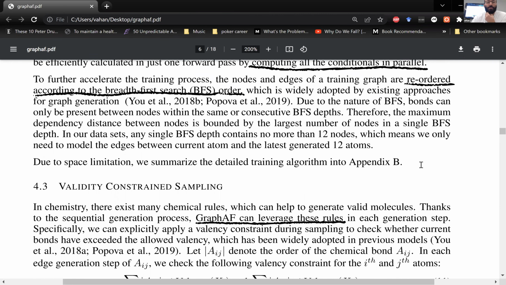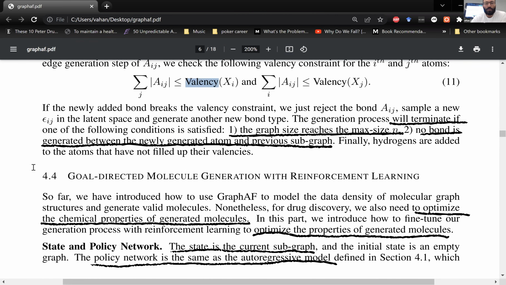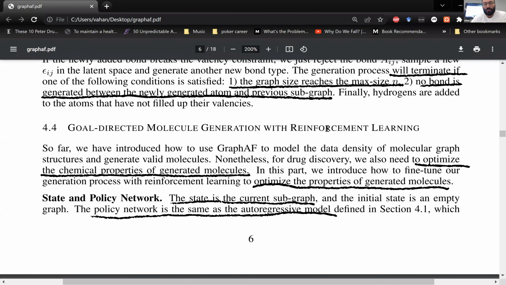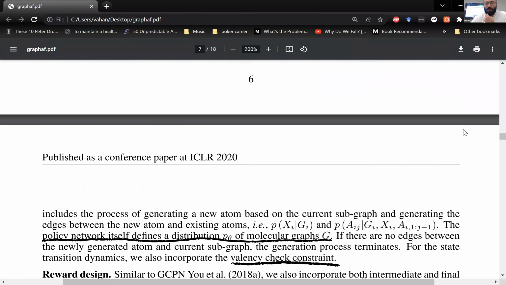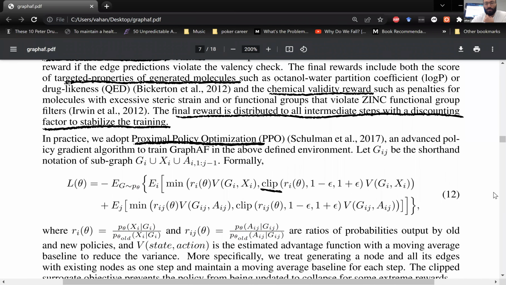Cool. And they also have these valency constraints to make sure that the generated molecules satisfy some constraints that make sense in chemistry. And the last bit is the reinforcement learning bit, which hopefully Peter understood, because again, there isn't a lot of detail except that there is the usual reinforcement learning objective with the